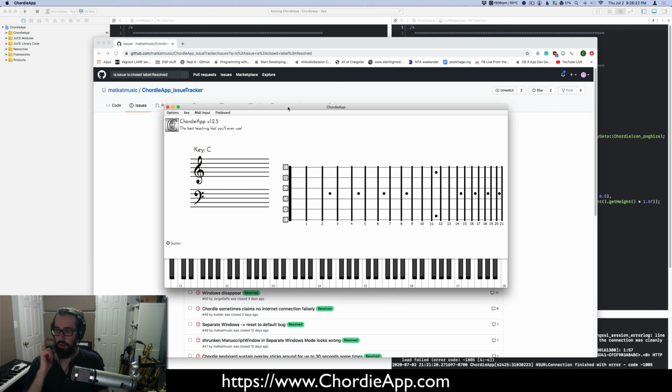So I want to spend a little time and talk about why I decided to work on this one instead of finish up that other version. And the main reason is because I'm not sure how long it's going to take me to implement all of the features that I want to implement in this new version. So for instance, in the new version, the fretboard looks totally different. The whole renderer for